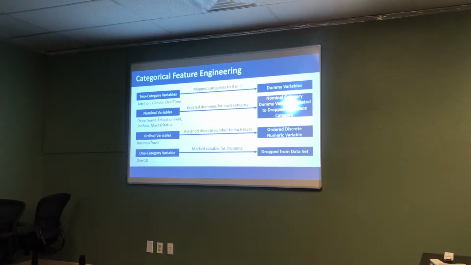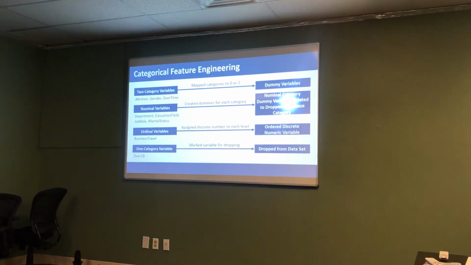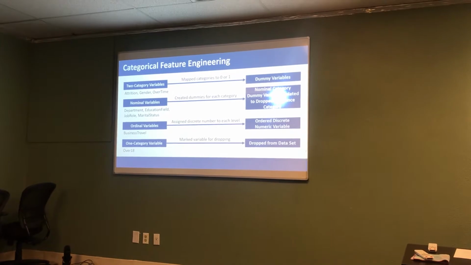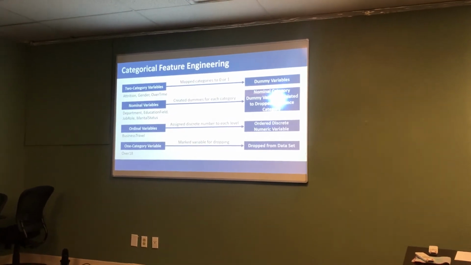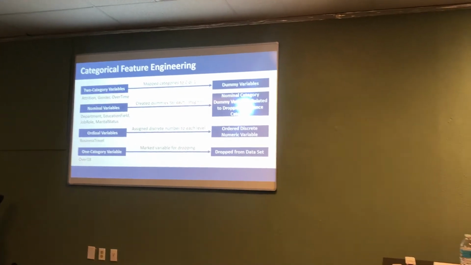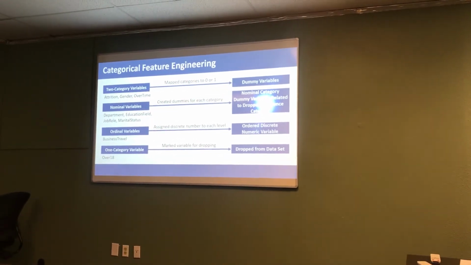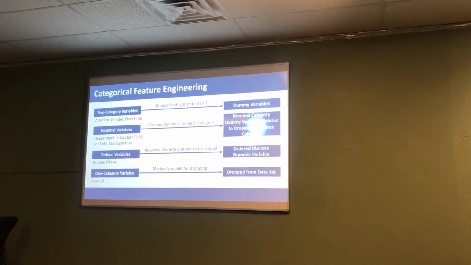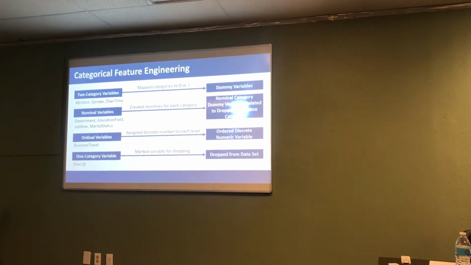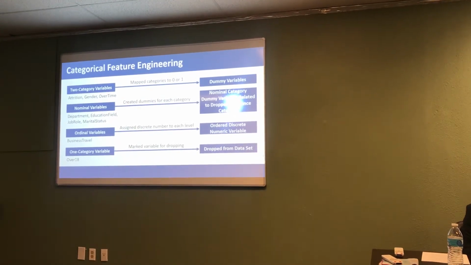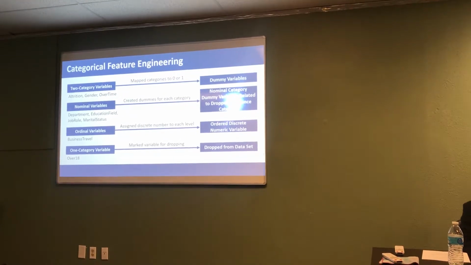engineering the categorical features. So there's the binary 2 category variables here, and for those categories, they're mapped either to 0 or 1 to produce dummy variables. That way you take those categories and you make them numeric. For the nominal variables, I got the dummies for each of the nominal categories, and I dropped one of the categories here because